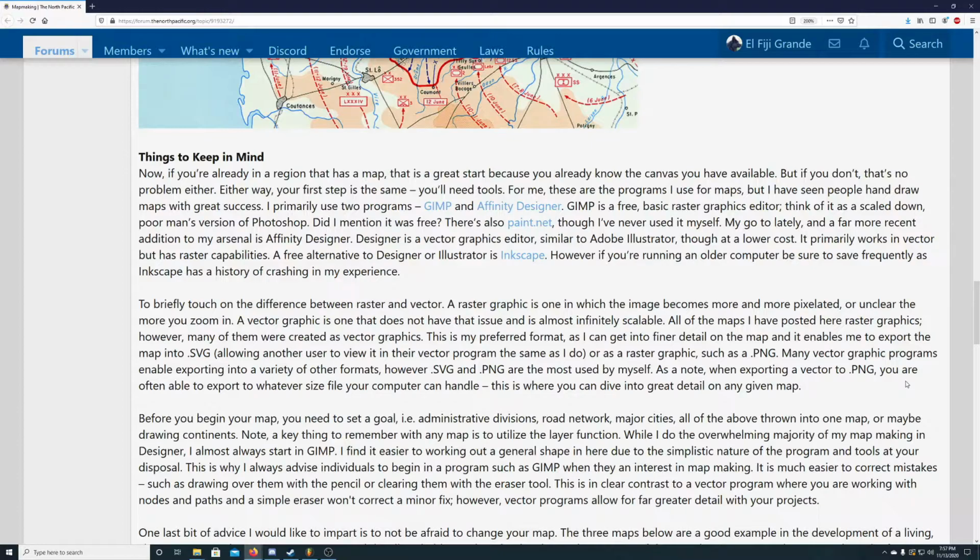This is my preferred format, as I can get into finer detail on the map, and it enables me to export the map into .svg, allowing another user to view it in their vector program in the same way I do, or as a raster graphic such as a .png, or ping. Many vector graphic programs enable exporting into a variety of other formats. However, .svg and .png are the most used by myself. As a note, when exporting a vector to .png, or ping as I always say, you are often able to export to whatever size file your computer can handle. This is where you can dive into great detail on any given